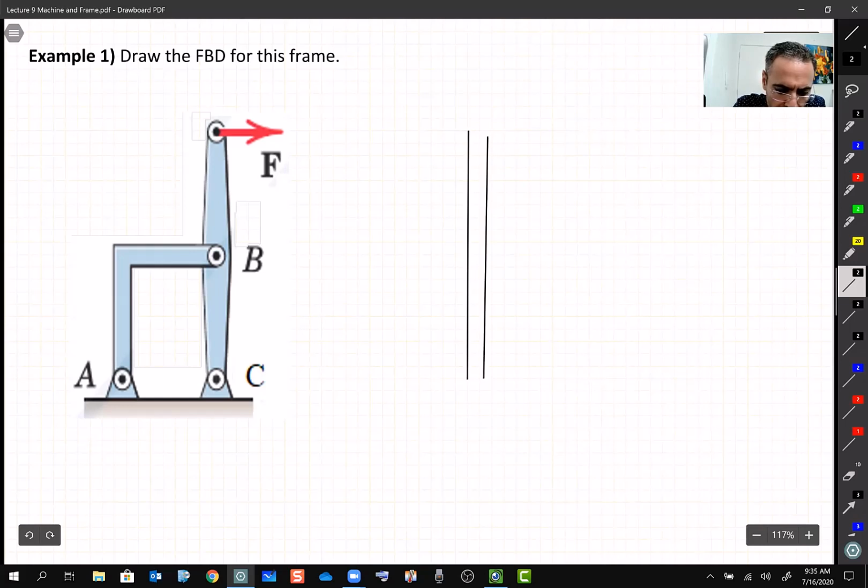Yeah, try to do it on your paper. And then we do it together. We'll see what the free body diagram is. So you're asked to draw the free body diagrams